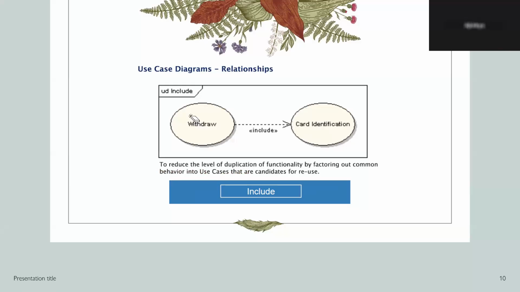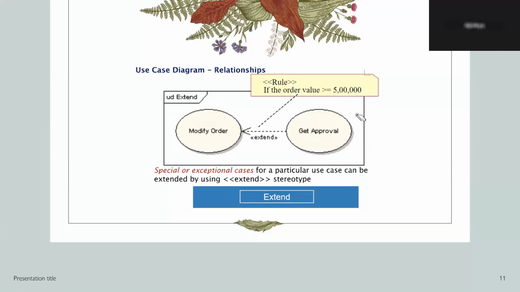And there is another relationship, extend. The extend relationship is for special or exceptional cases. Let's suppose in our point of sale terminal we purchase some order, and there is some offer going on, and you purchase items above 50,000.